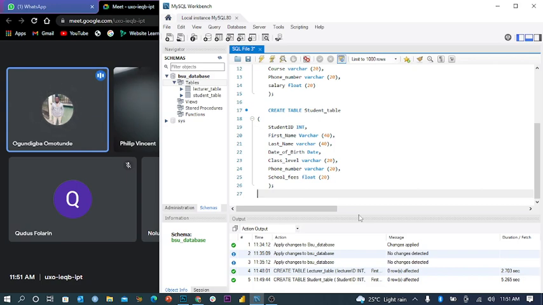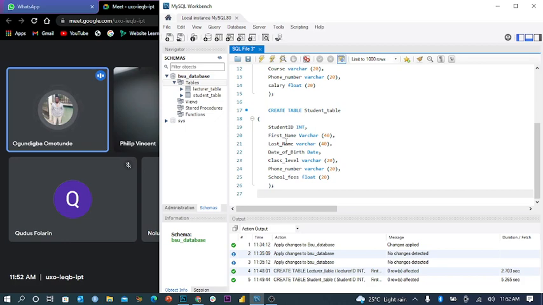So, for my simple understanding, can we relate what you just did to creating field names in an Excel table? Yes. Yes. Please, the last two symbols at the down part of the script, what is it for? The last two symbols, is that the closing bracket and the semicolon? If that is it, it's part of the code because we opened the bracket initially, then we have to close it when we are done. Then the semicolon is for us to tell SQL that we are done with the table.